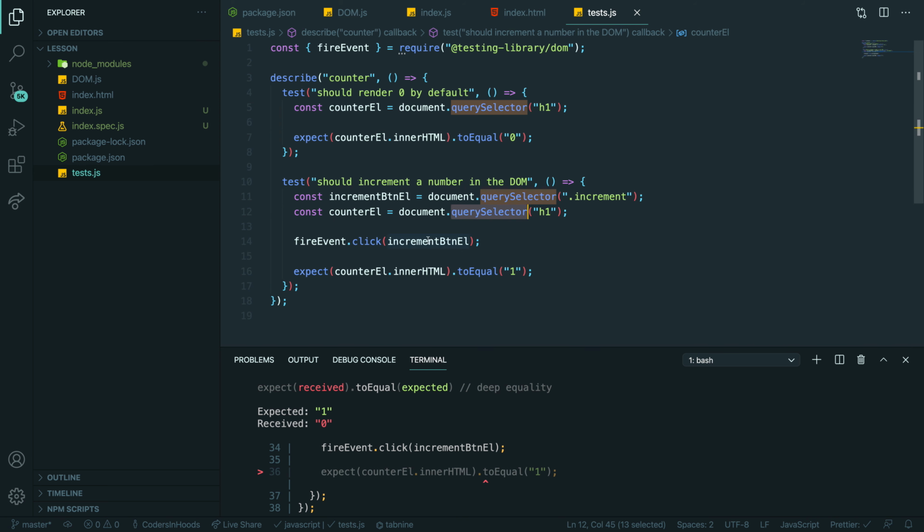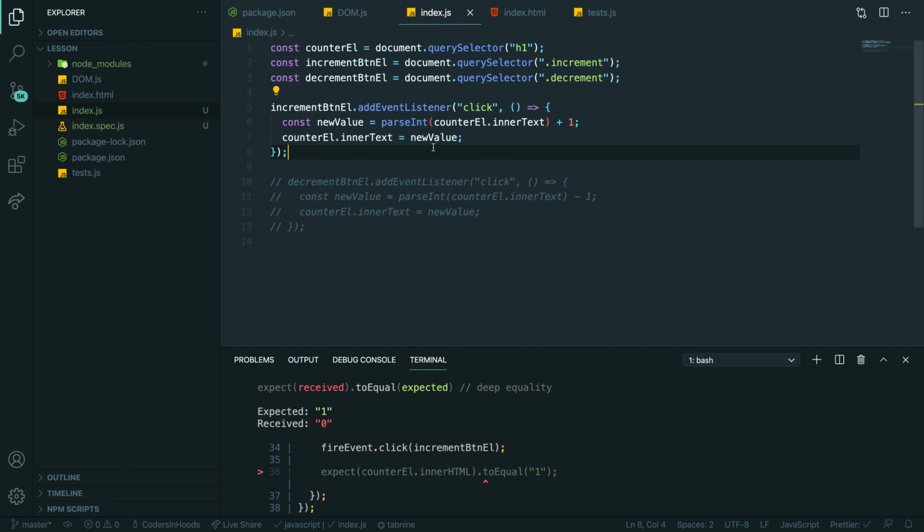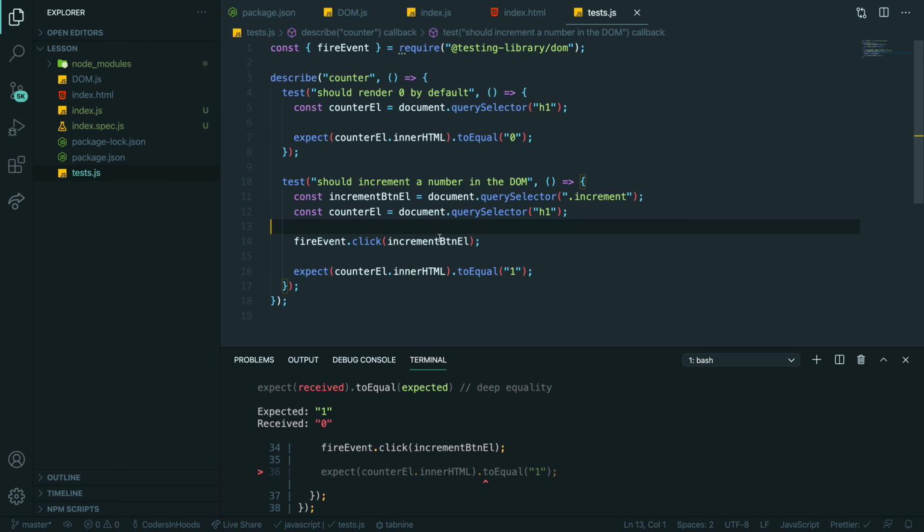Query selector. You have your element. Why is it not there? Should be. Wait a second. Yeah, definitely. You will not come back after JavaScript to React.